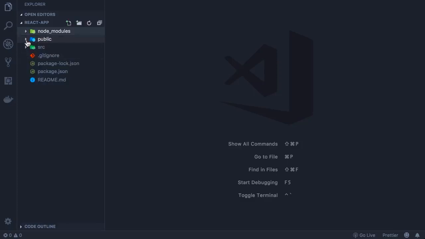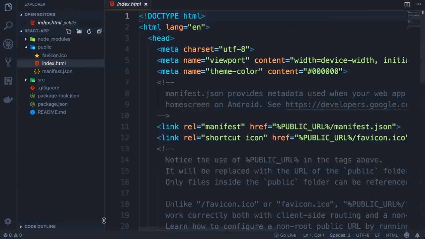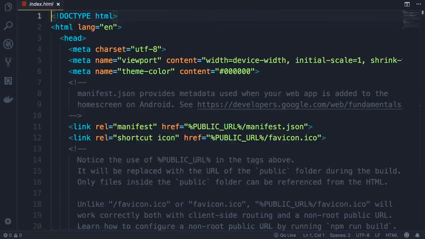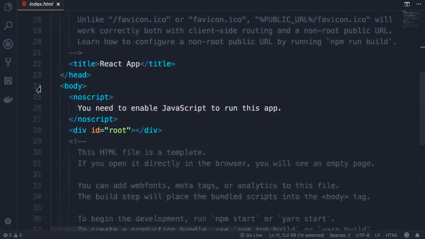We've got this public folder where we have the public assets of our application, such as a favicon and index.html. Now, if you look at this file, this is a very simple template. It doesn't really have anything. So a bunch of meta tags in the head section, as well as links to our manifest.json file and favicon. Manifest.json includes a bunch of metadata attributes about our application. Again, we don't have to worry about this, but if you look further below, here in the body section, you